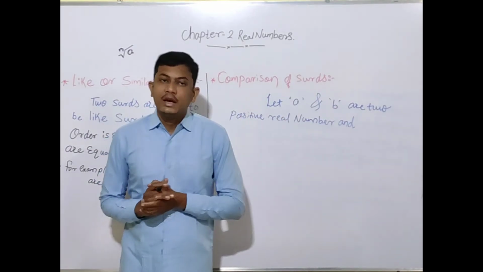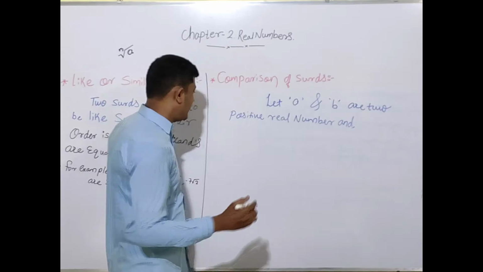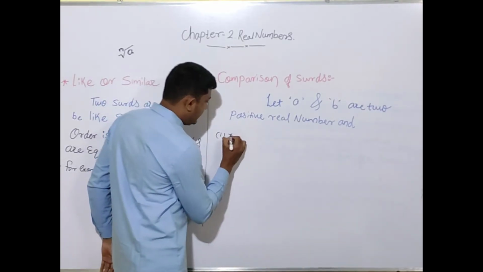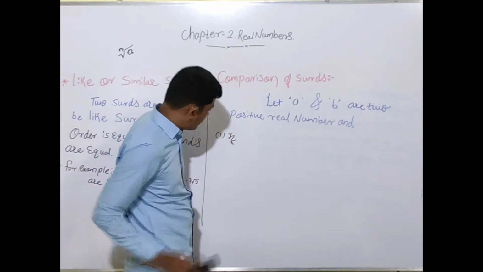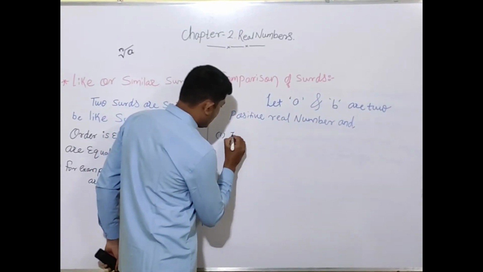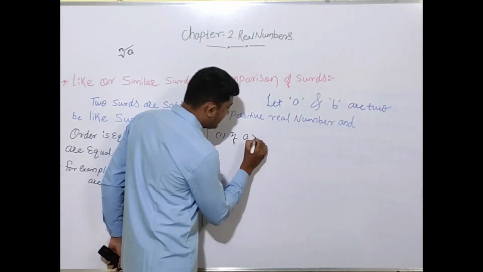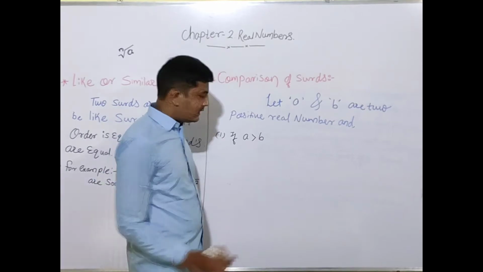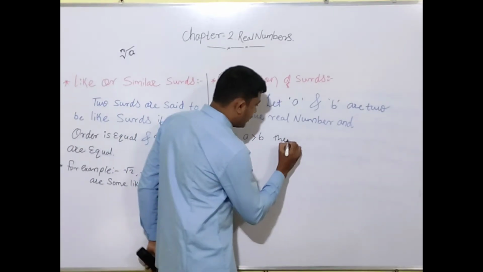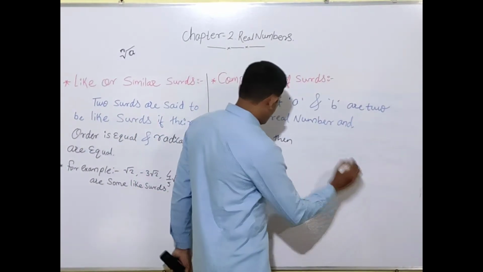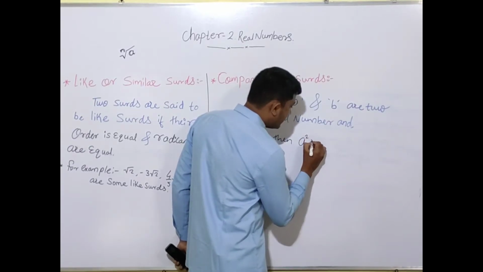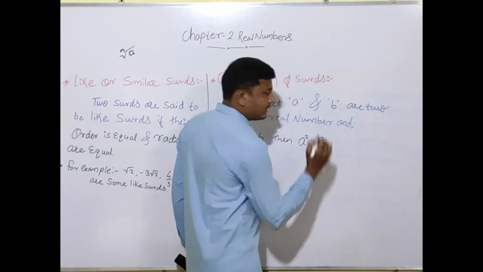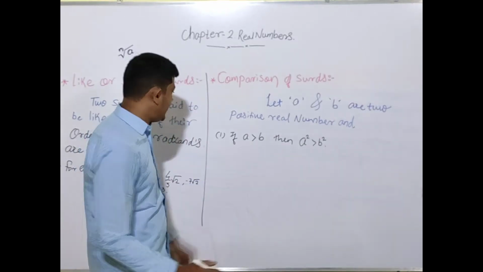They should be positive real numbers. Then we can define it as, first of all, if a is greater than b, then if we apply the square on the two positive real numbers, a square will also be greater than b square. Now second,